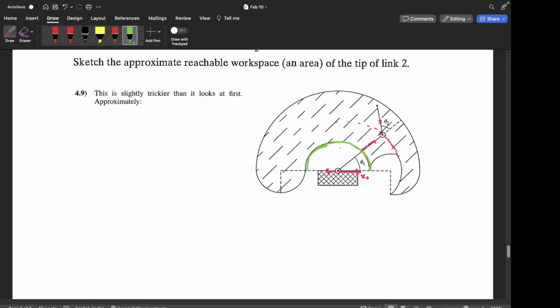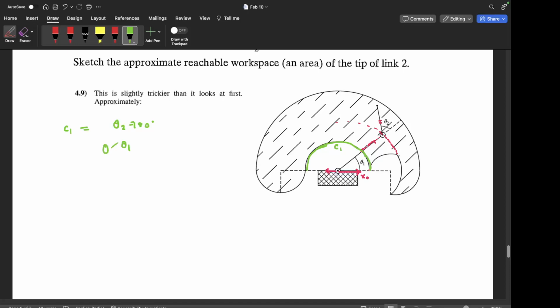This green one. So C1. Let me mark it as C1. So C1, when do we get? When theta 1 is anything arbitrary and theta 2 is 180 degrees, right? Because theta 2 is 180, then only the link 2 is folded on top of it. So theta 2 is 180 and theta 1 ranges from